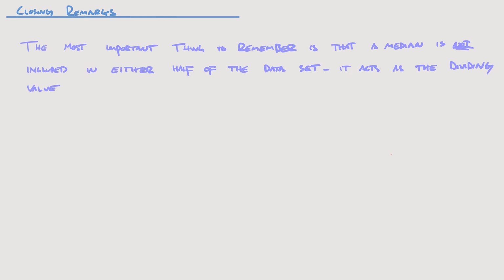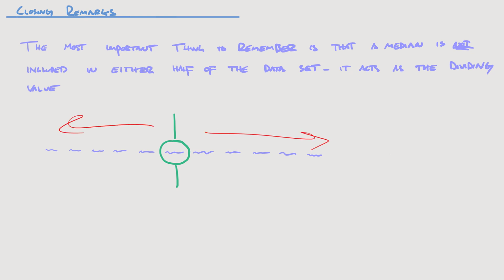Most important thing to remember is that the median is not included in either half of the data set when you're figuring out a 5-number summary. It acts as the dividing value, which splits your data. So if you have an even amount of things, it's the average of the two middle things, in which case, of course, the median's not actually a data set value. So it looks like this. Or if it's an odd number of entries, then you have the actual median, but then again, it splits the data into two pieces. So you have this half, and we don't include the median in either of them